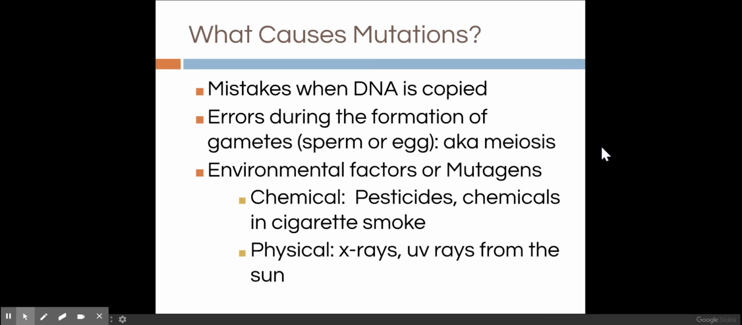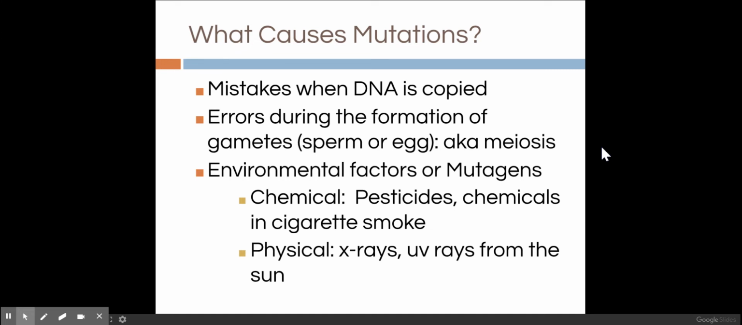So a mutation occurs when there's a change in DNA, but what causes those mutations can vary. Sometimes it's just a mistake when DNA is getting copied that doesn't get corrected. Sometimes it's an error during the formation of gametes, sperm and egg cells, so that's a process called meiosis. And we'll get more into that later on. There's also environmental factors or things called mutagens that can cause changes to DNA. So when there's damage to DNA,